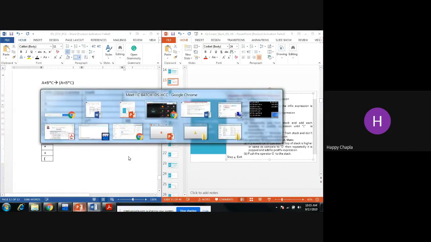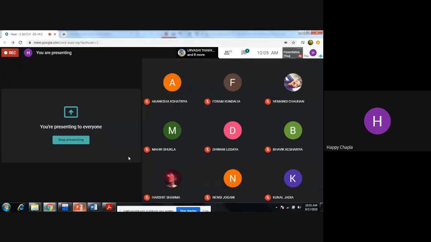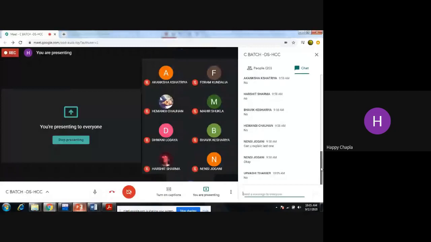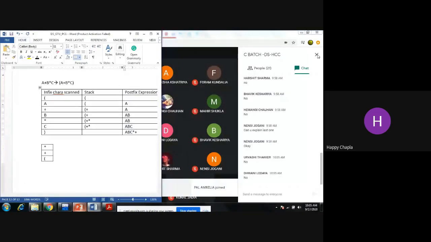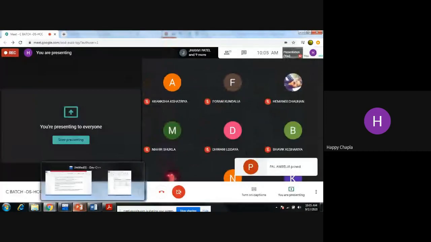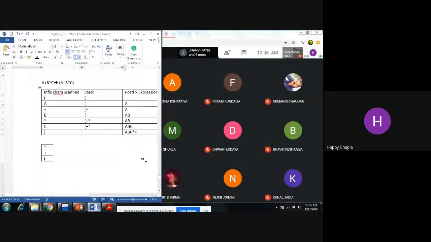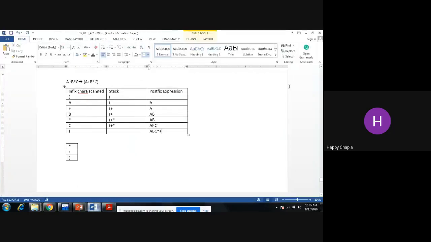Till now, any doubt, any student in this example? Yes or no? No doubt. Okay, we'll see one more example and then we will move towards the program.